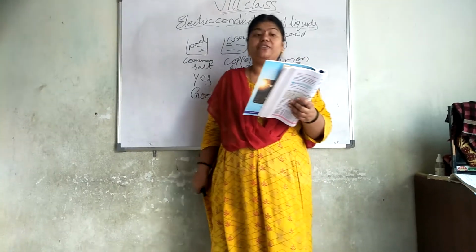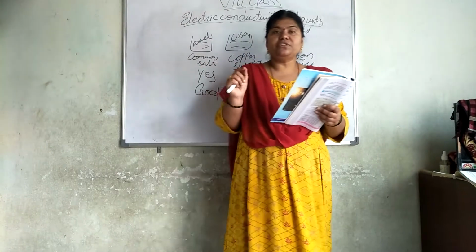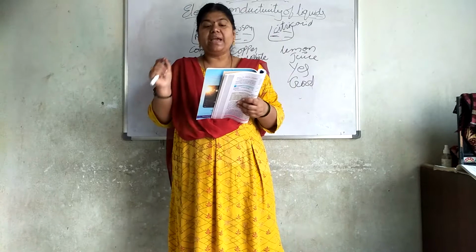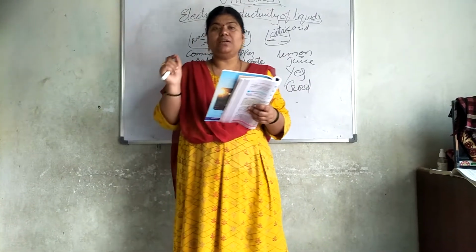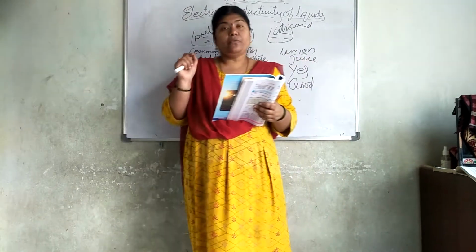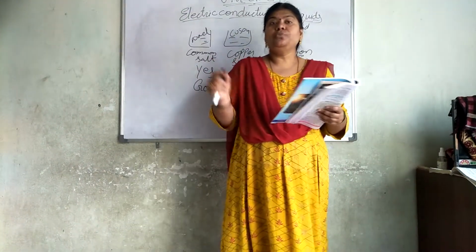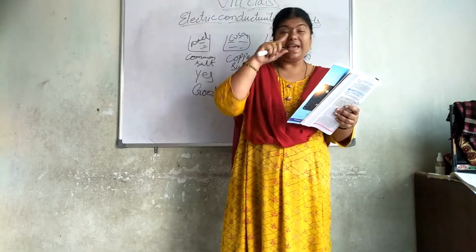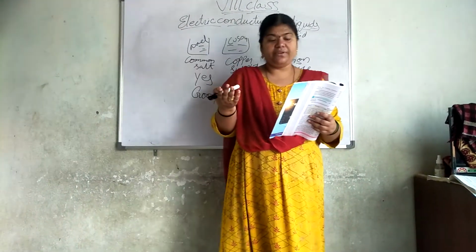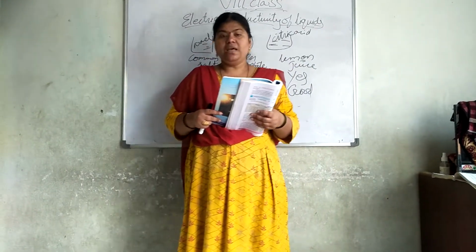Leave the inserted wires for 20 to 30 minutes. You leave it like that. What do you observe on the surface of the potato? The potato turns greenish blue. A greenish blue spot is seen on the potato around the wire connected to the positive terminal of the battery. Where the positive terminal is, you can see the potato turns greenish blue in color, meaning a chemical reaction took place between the potato and the wire given there, but no such spot is seen around the other wire connected to the negative terminal.